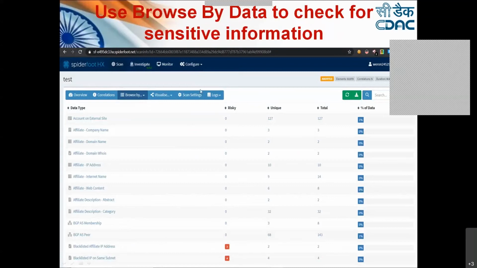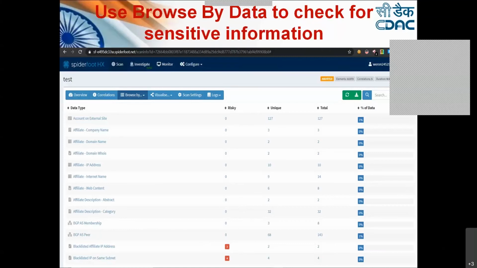Here you see the first column as risky. Just double click on it. What it will do is sort all these data types in descending order, so all those risky points will come above. With this, you can just click on this red one, which is a risky point, and go through that particular information. So this is again one of the useful tools for hackers to get information.